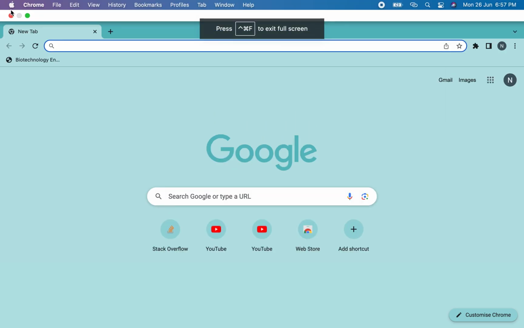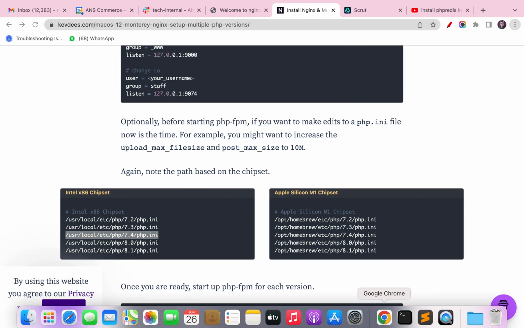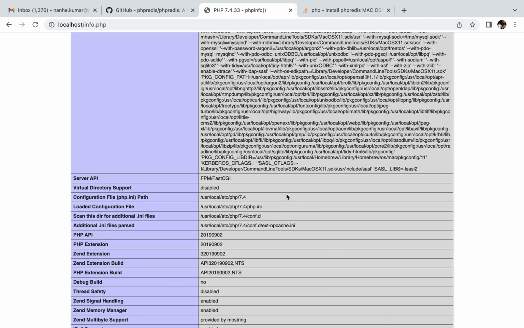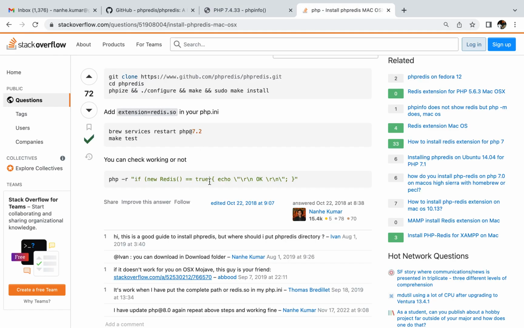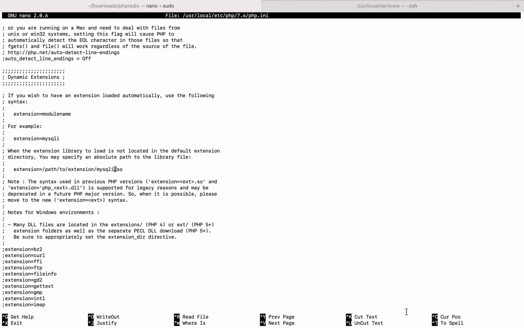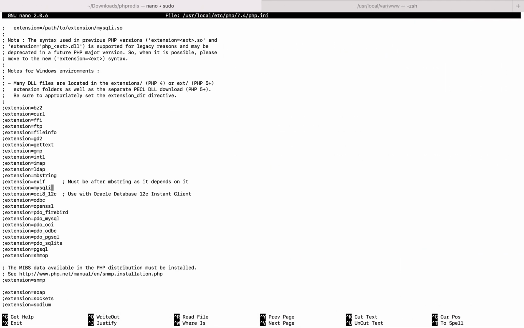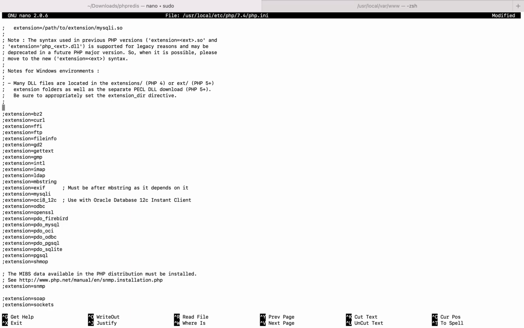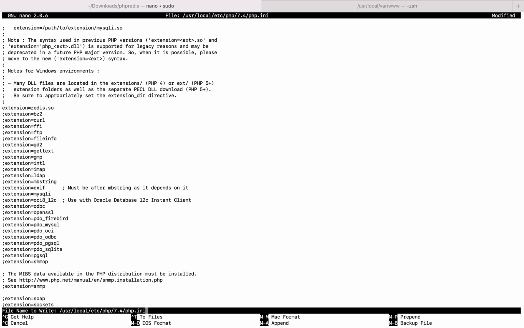So now I'm going to add the extension. Copy this one and paste here. You can add it anywhere, but I'm adding it at the start of the extension path. Close these files,